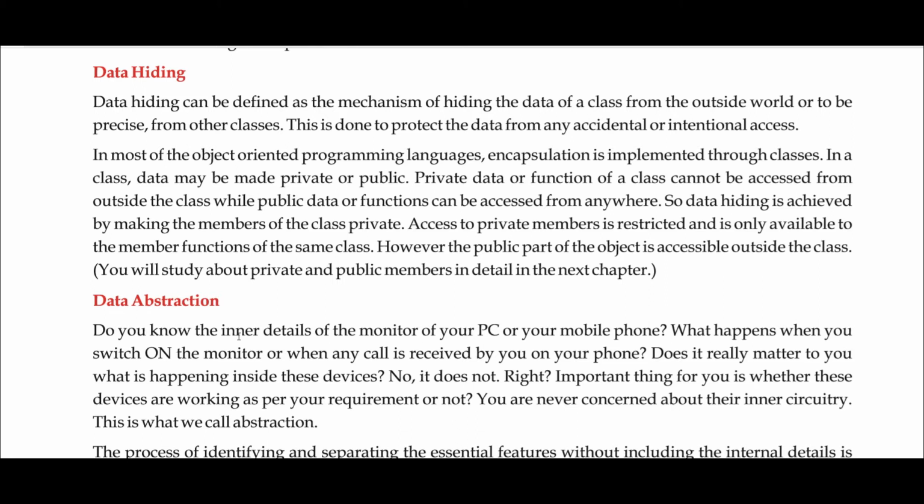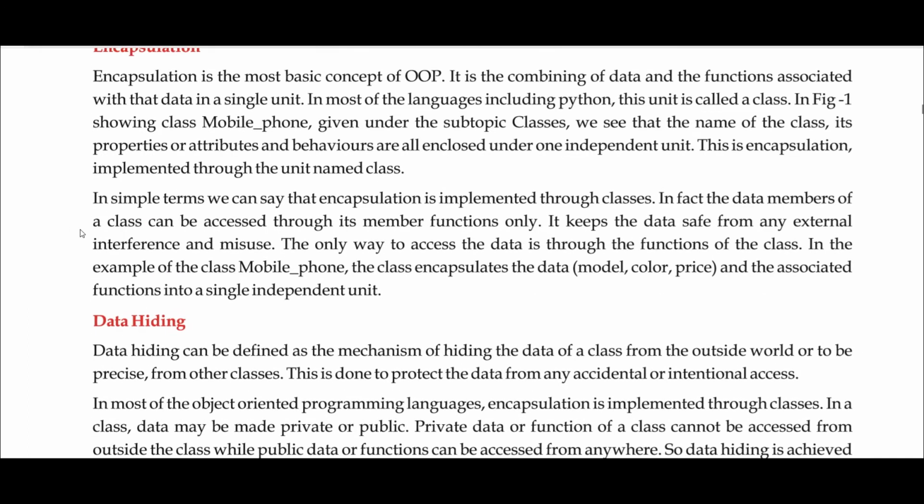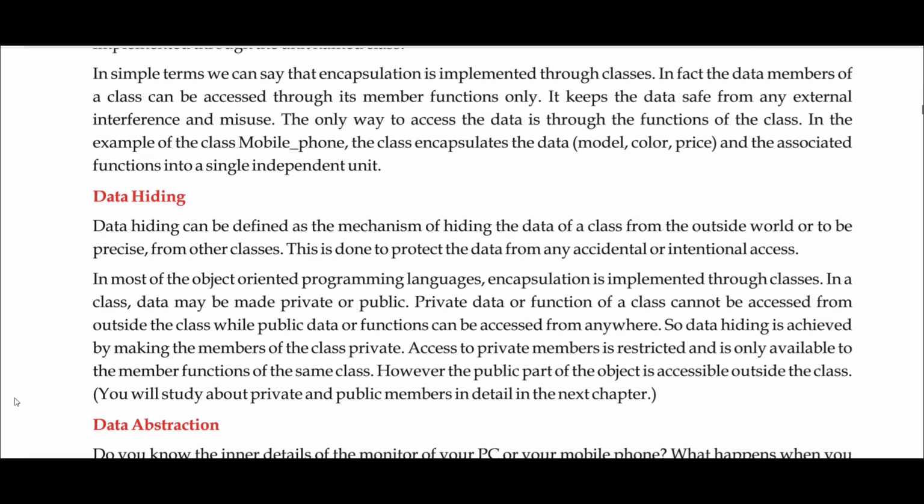You just simply make those 25 or 50 data members private. Then their scope will be limited to the class and they won't be accessible to other classes, and the rest of them can be easily accessed by other classes. Now you have wrapped up the data into a single unit, and by providing the private or public keyword, you have actually provided data hiding.